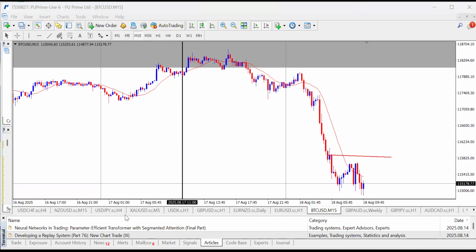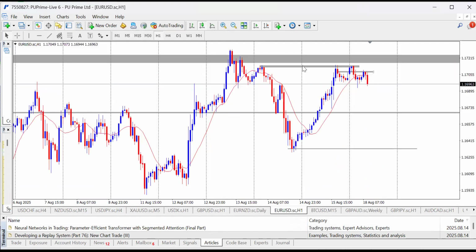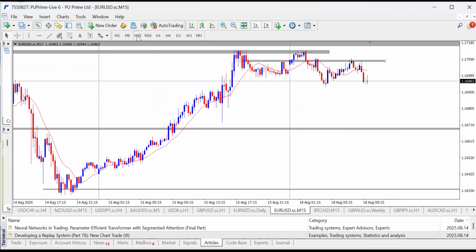So BTC, I'm looking for a sell to buy scenario, right? I mean, a buy to sell. So the market retraces up to any of the resistance and starts falling to the downside. Okay, so let's see. Gold is still ranging. Euro USD, yes, we are still in profit. If you entered at that point, we are still in profit. If you entered an instant sell, you are still in profit.